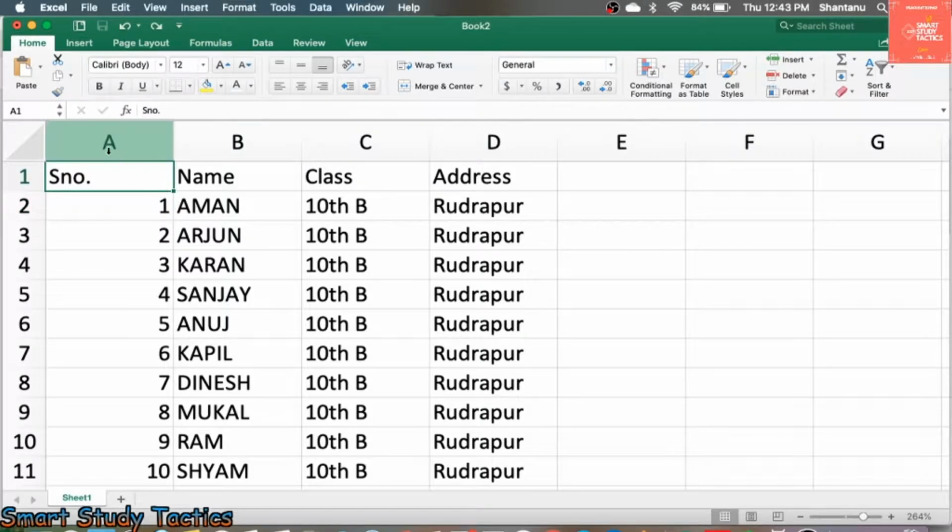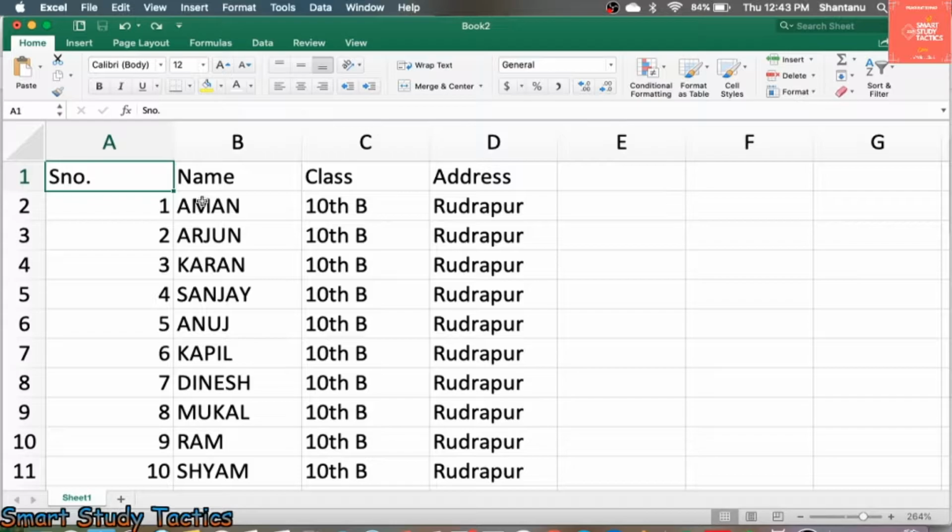So here you can see I have a few data in this. What is the purpose of set page break? Page break is just like a divider. That means it divides the worksheet into individual pages for printing purposes. This is a very important point for printing. Excel provides the facility to adjust the page break in a worksheet automatically or manually. Manually means you can do it yourself, and automatically it will adjust itself.